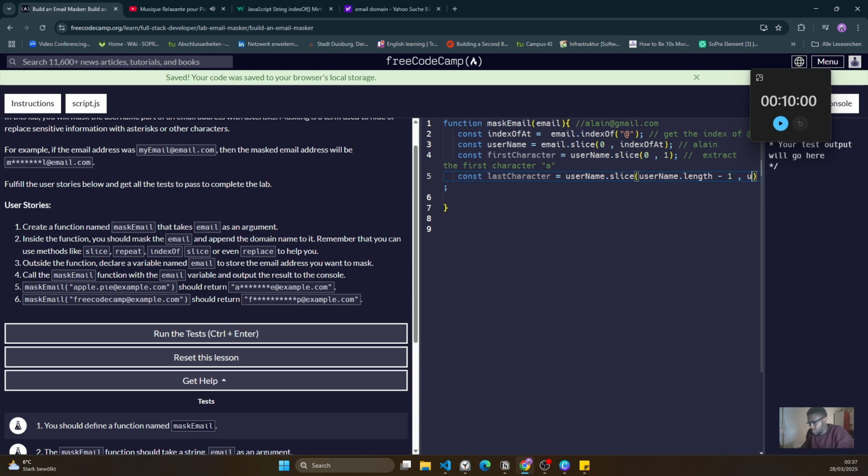Let's go again. Username point length. So I'm slicing, extracting the last character, and after extracting the last character, now I have